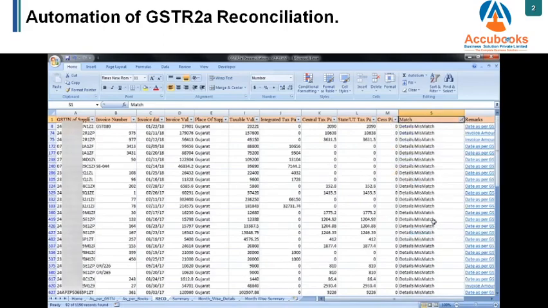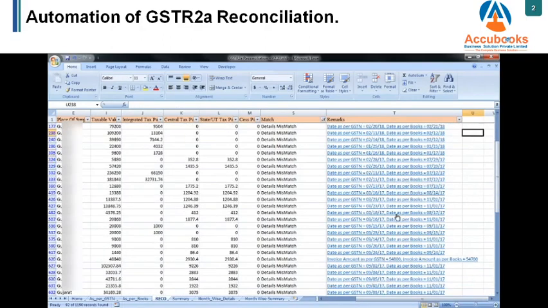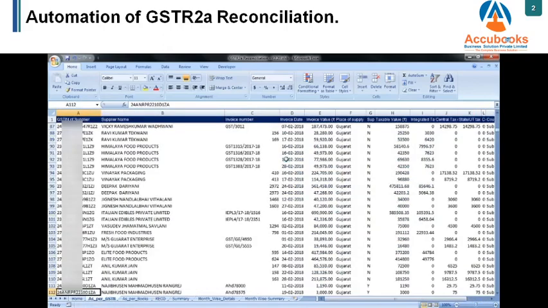Then the details mismatch tab shows me the details of invoices with some mismatches, like the date is incorrect, and it will show me the date as per GSTN and the date as per books. It will also identify if the amount is different. The next thing is not found in the books. It will show me the details of the invoices that are in GSTR 2A but not in my books.